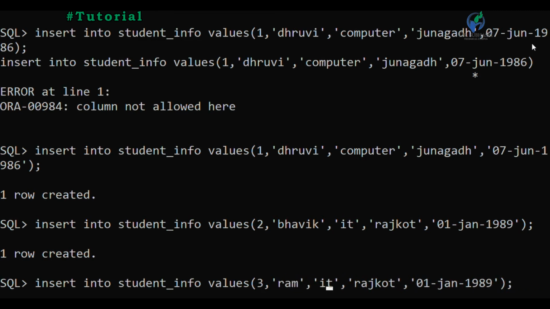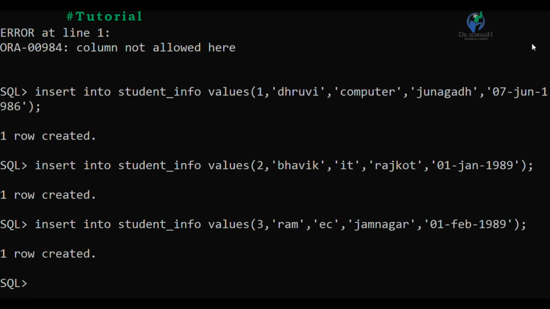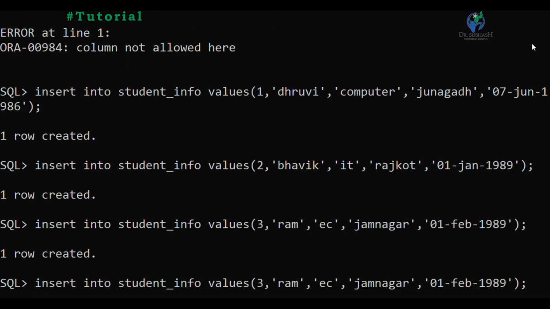Third record of data, enter. The third record is inserted.